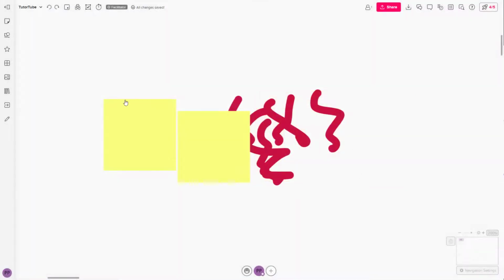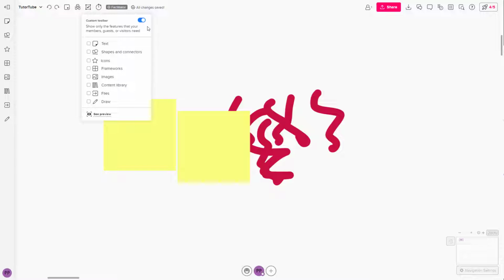So over here on the left side, you can see that I got a bunch of tools, and sometimes you may just want to, let's say for example, display only certain tools that you work with. So in that case, you can go over here onto the Custom Toolbar section and then turn on Custom Toolbar. Once you do that, you can click on icons and text, and let's say for example,